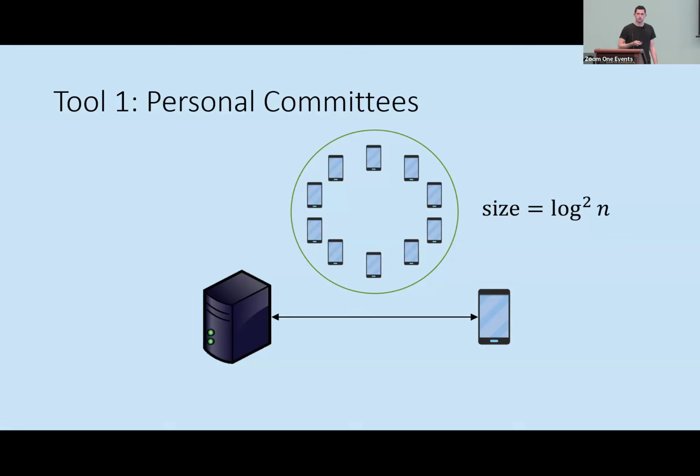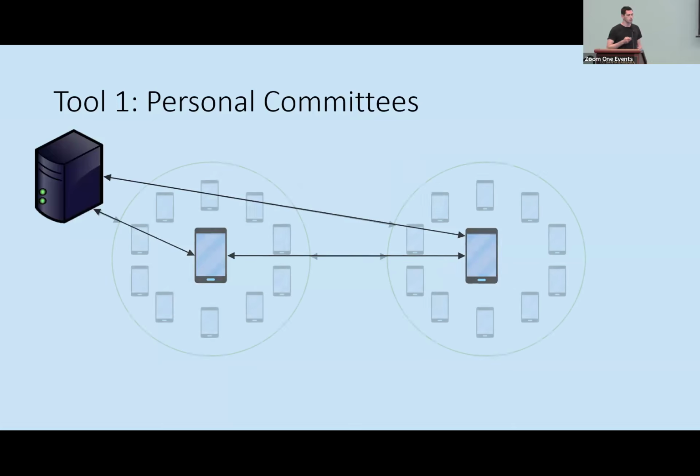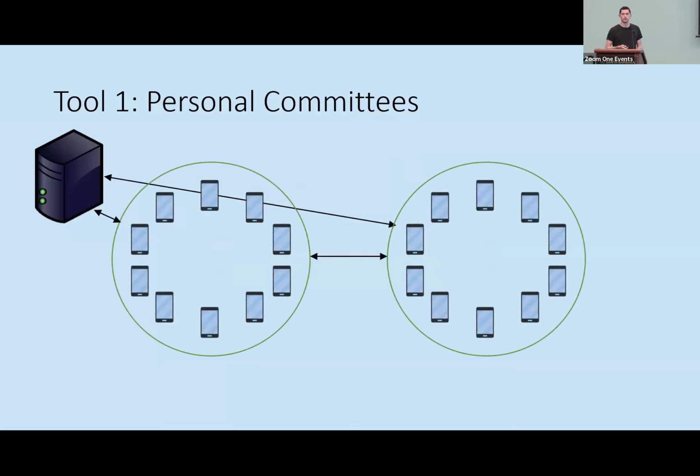So they're going to sample together a personal committee for the user, which is, again, relatively small. And what we're going to do with this personal committee is that now, when the parties want to execute some protocol, instead of the users talking to each other and to the server, we're going to replace the users with their personal committees. They're going to run some MPC protocol inside. There are a lot of subtleties because they're still blocking within those committees, but essentially they're going to run an MPC protocol to simulate a single user.